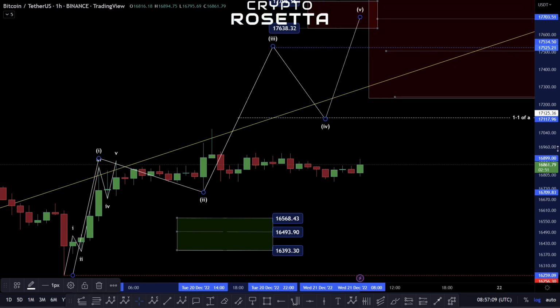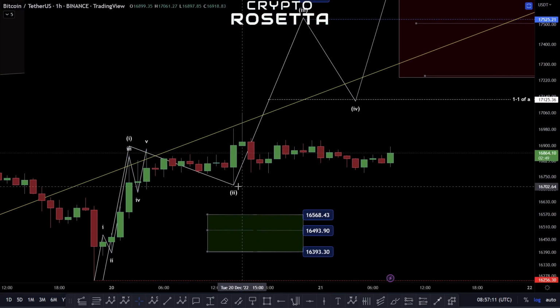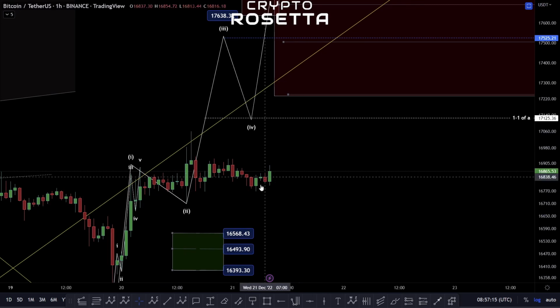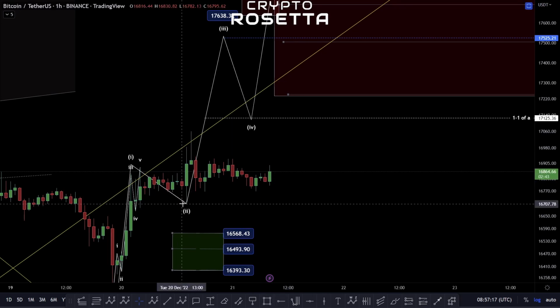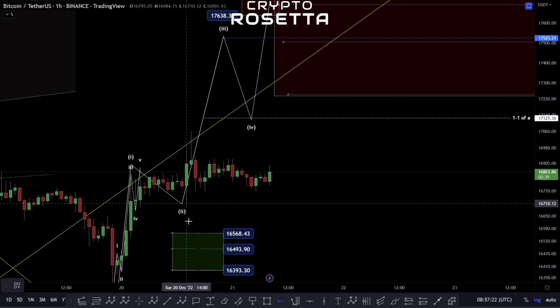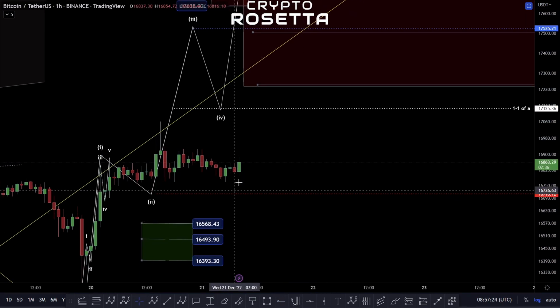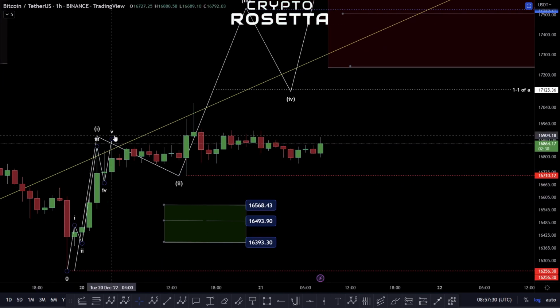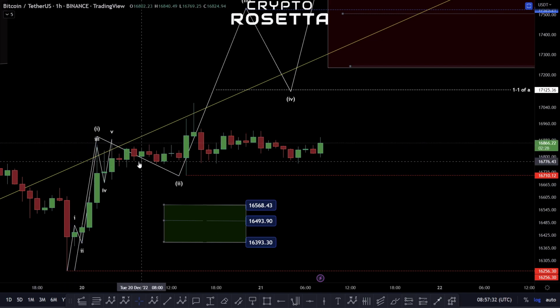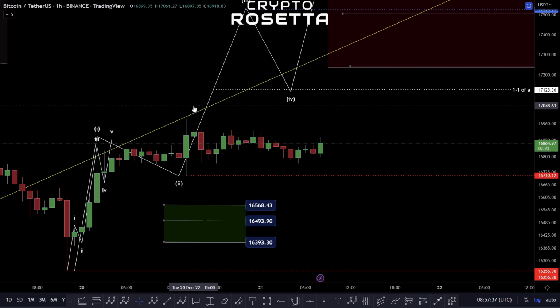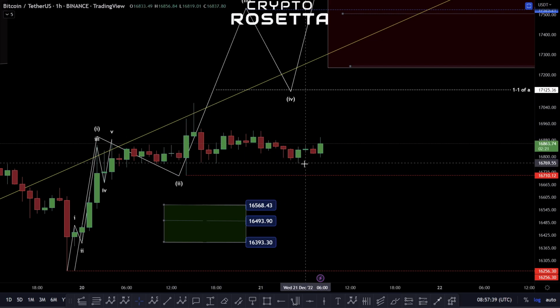So it is possible that we have our 5th wave completed here, and then we could potentially be within this 3rd wave already. And what we would be looking at there is we would basically not want to cross back below this low point. If we do, then it would be more probable. Well, let me explain something first. So basically, we can count this as a 5-wave move into this point, and then basically this would then be a wave 2 as a zigzag here,